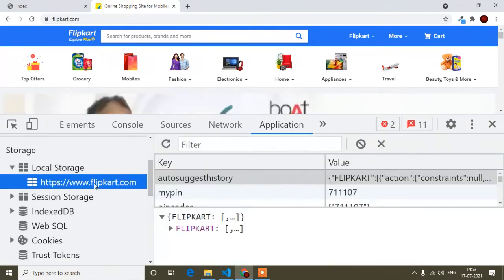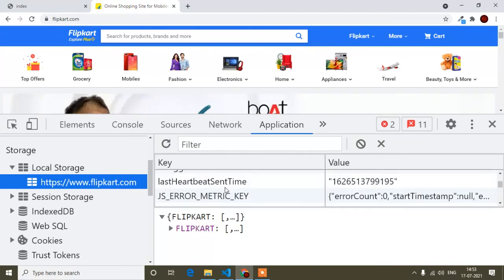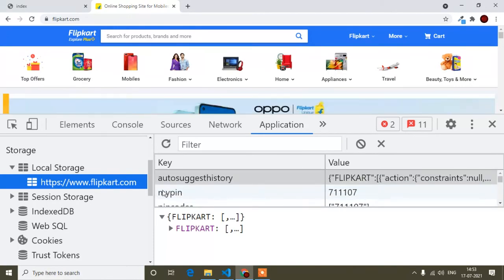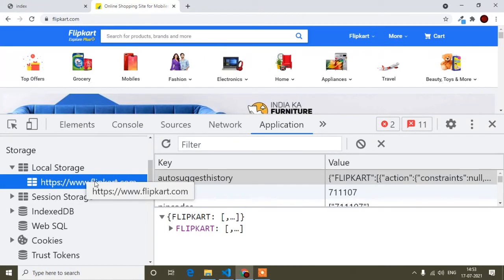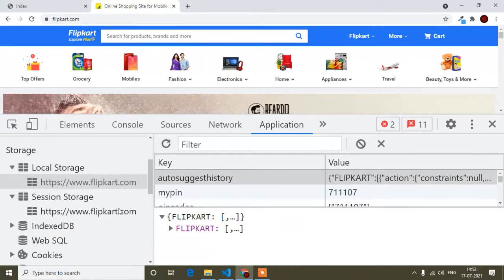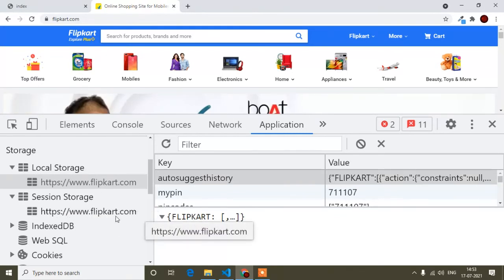After clicking the Flipkart link, you can see whatever storage is from this Flipkart website. You can see the website link in local storage, and if I open session storage, you can also see the link of Flipkart.